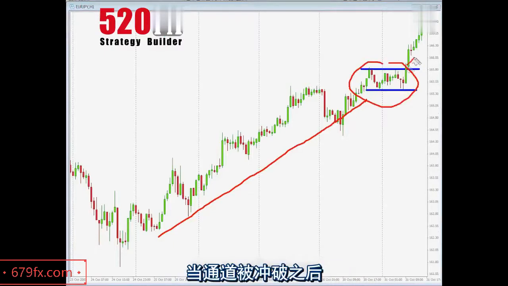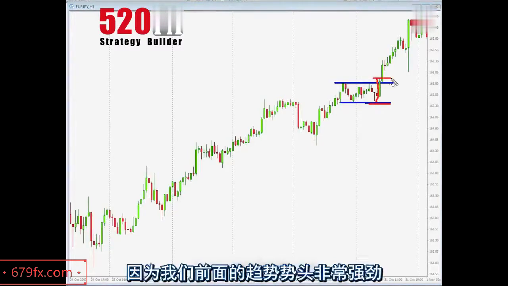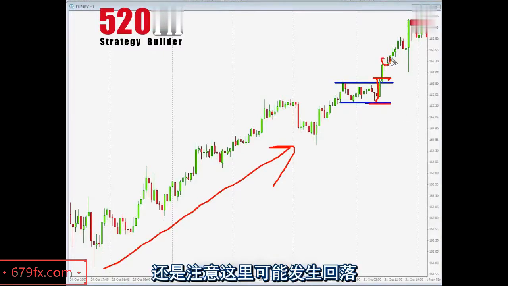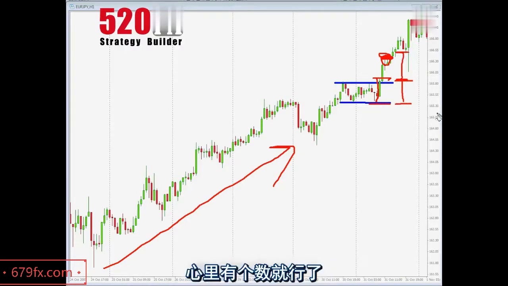Once the range gives way, it definitely moves in momentum for quite more than the range width, because, like I said, we were in a high momentum trend. But nonetheless, like I say, always suspect a little bit of a pullback once the overall width of the range has been run in the direction of the breakout. Just a tip